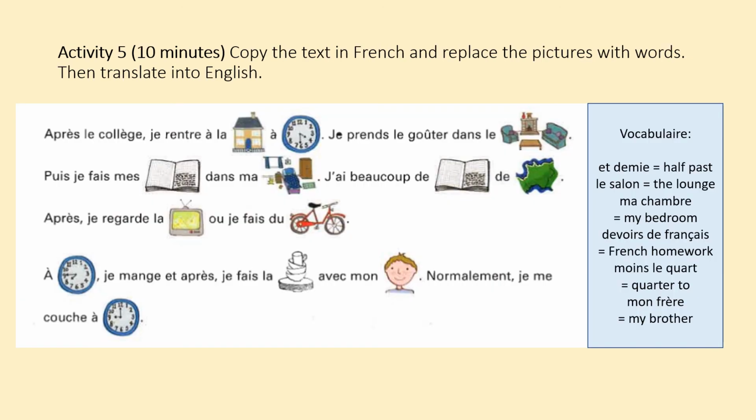Activity 5 is your final activity of the day. It should take about 10 minutes. I want you to copy the text in French, all the words written down, and also replace the pictures with words. So you will see, we have the first sentence, après le collège, je rentre à la, and then that's house, so we're going to say à la maison, à, and then the time, 3h30, okay, at 3:30,